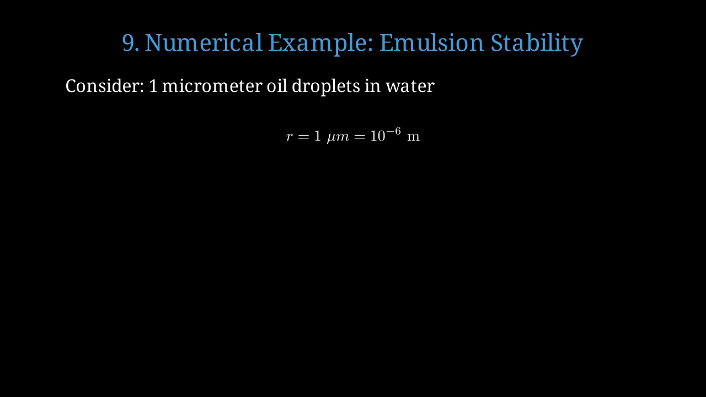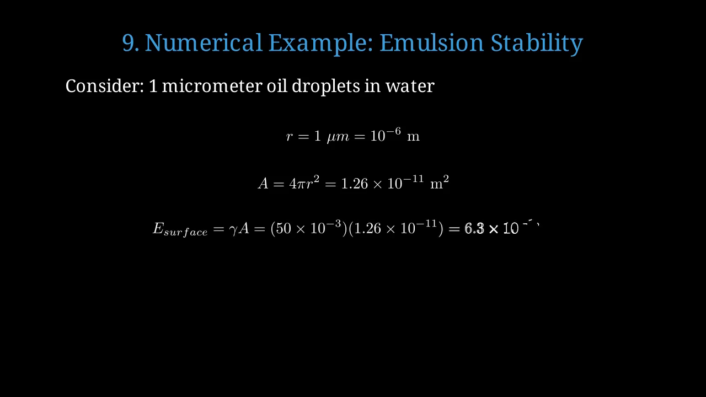Let's work through a concrete numerical example to see these effects quantitatively. Imagine we have oil droplets with a radius of 1 micrometer suspended in water. That's 1 micrometer, or 10 to the minus 6 meters. The surface area of one droplet is 4 pi r squared, which equals 1.26 times 10 to the minus 11 square meters. Without surfactant, the surface energy is gamma times area, or about 6.3 times 10 to the minus 13